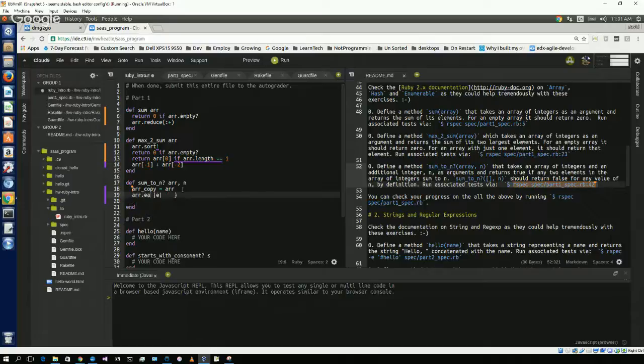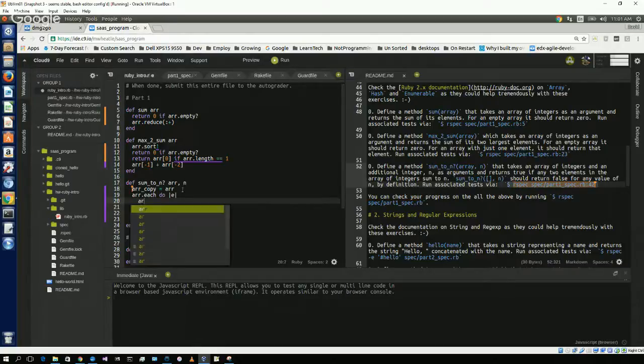Array dot each do, and go through array copy dot each and call that